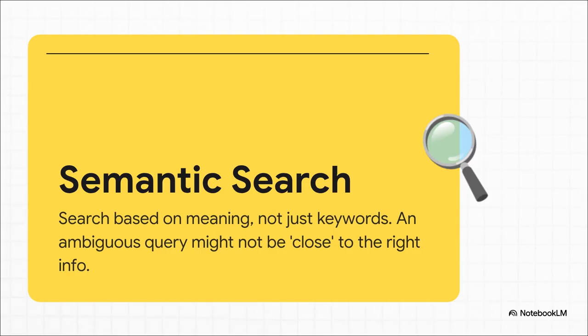See, under the hood, these AIs use something called semantic search. They're not just matching keywords, they're trying to understand the meaning of what you asked. You can picture all of its knowledge as this giant map where similar ideas are clustered together. If your question is even a little bit ambiguous, it can point to the wrong spot on the map and boom, the whole search goes off in the wrong direction.